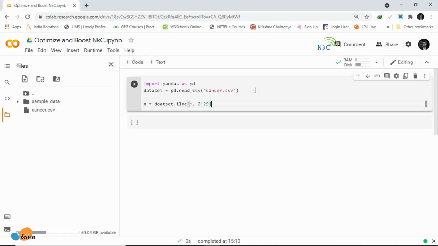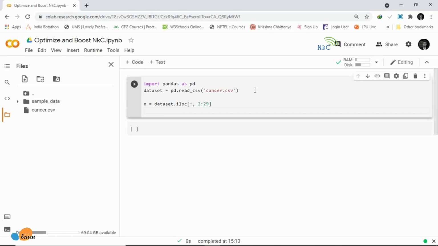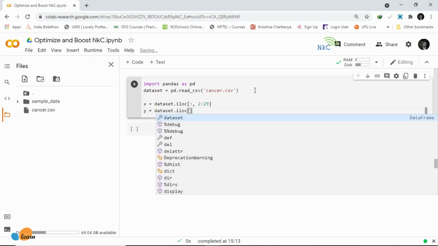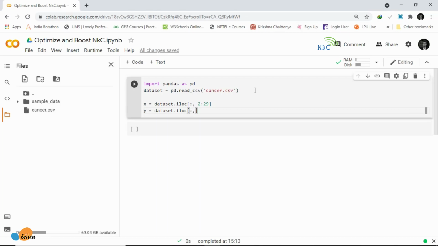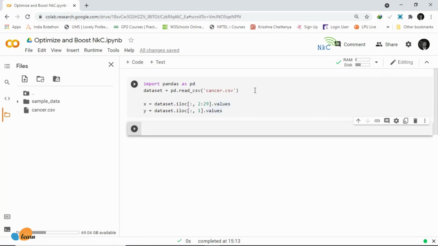Next, what we are going to do is our train test split, so that we will have a test set to test the input values.